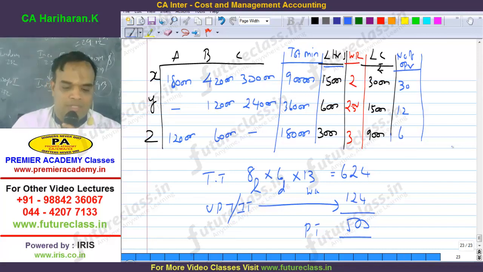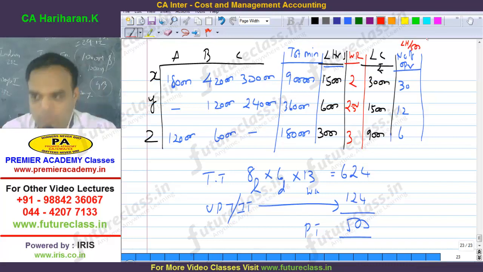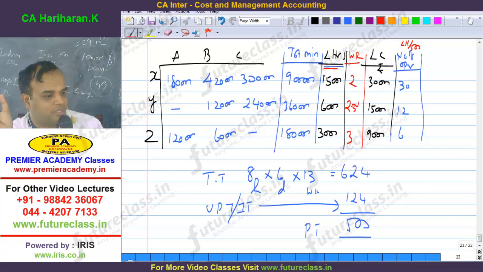Clear? Now, any doubt up to this stage? Number of operators. How to compute the number of operators? Labor hours divided by 500, right? Because per person can work only 500 hours. But to complete the project, in operation, you need 15,000 total hours. Means number of operators is total hours divided by 500 per operator. Are you with me? What is the next one?